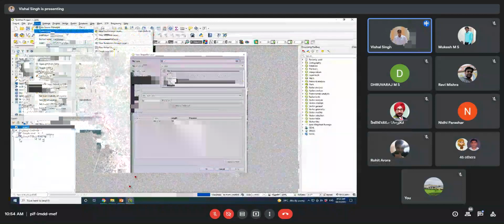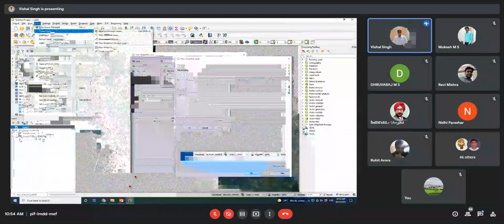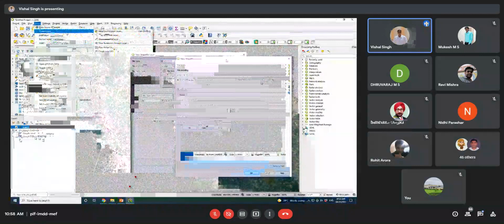Then I need to provide the same coordinate system. One thing you should always keep in your mind is that whatever layers we are generating here, if you want to overlay and you don't want to create any gaps between the layers, or you want to avoid mismatching of the layers, then you must provide the same projection coordinates to the layer.